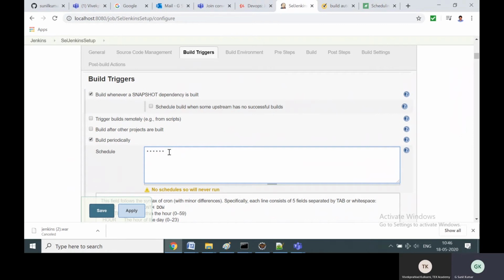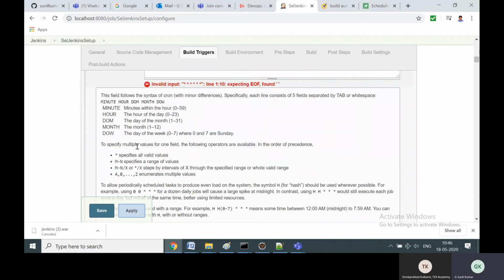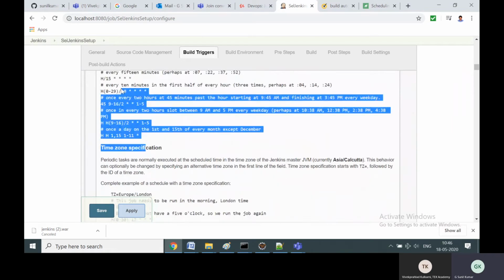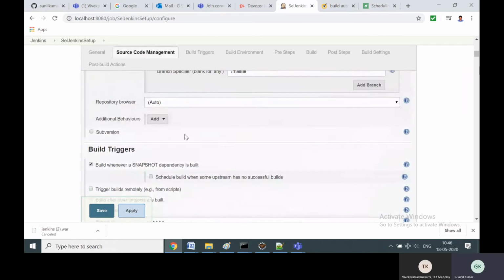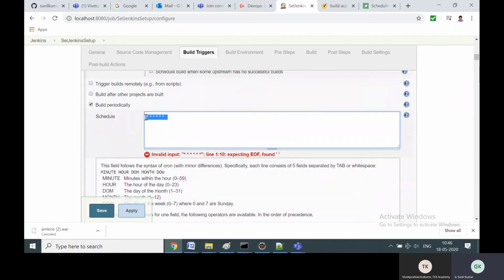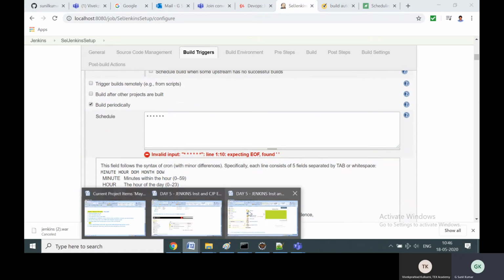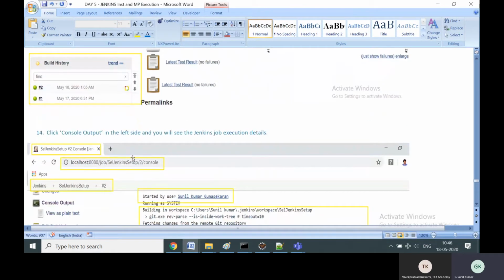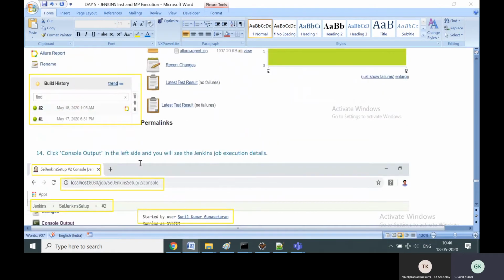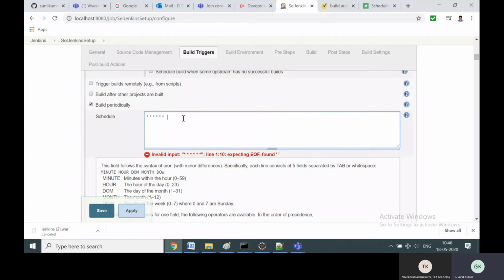I think divide by 5 or H/5, something like that. You can modify, and then you can enter the values as provided here. Also you can verify once again here, and also verify by taking from Google and pasting it, for how to trigger once a day. So I'll add this code also. I'll just Google after this, and it'll be available in the documentation also. In this documentation, in the end, it will show how to set auto trigger for once a day, once a week, once an hour, and so on.